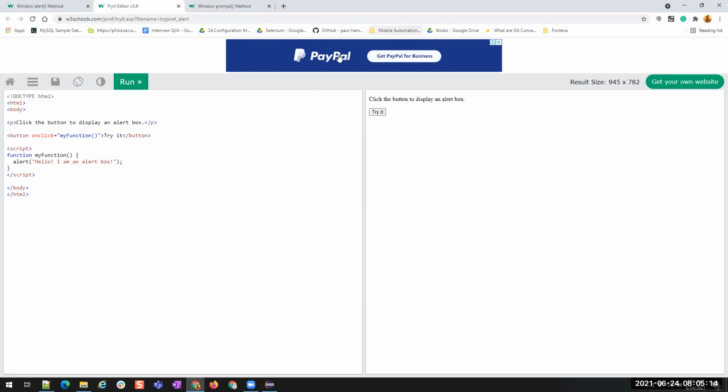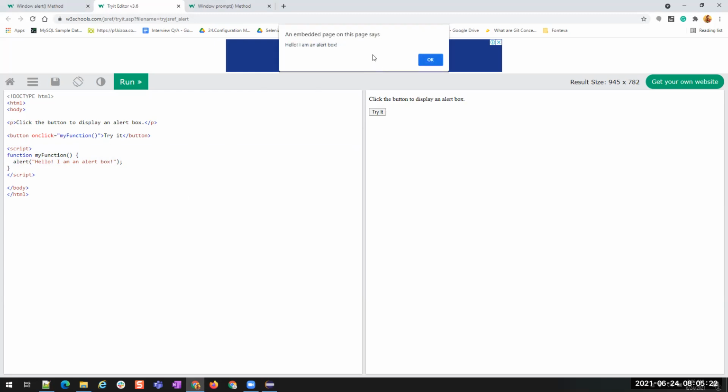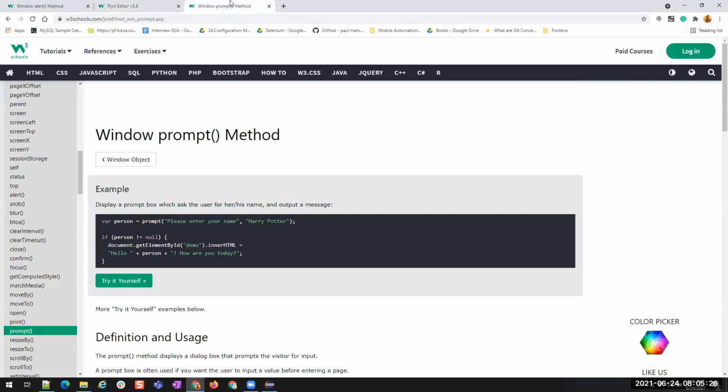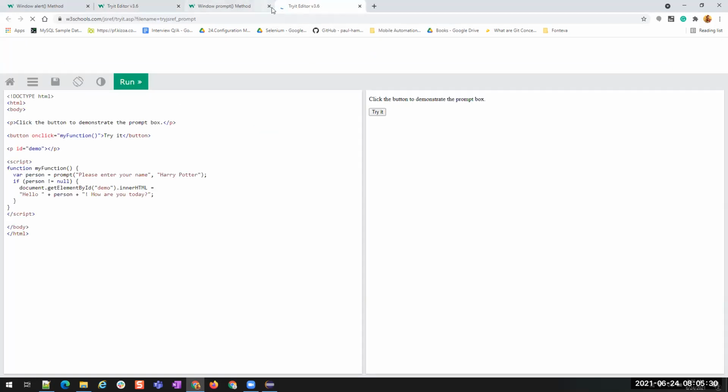Okay, so that is why for this we have a switching method in Java which helps us to switch to those particular alerts. Okay, this is one alert, and there is one more thing called a prompt box. This is also one of the other examples which we have to look at.